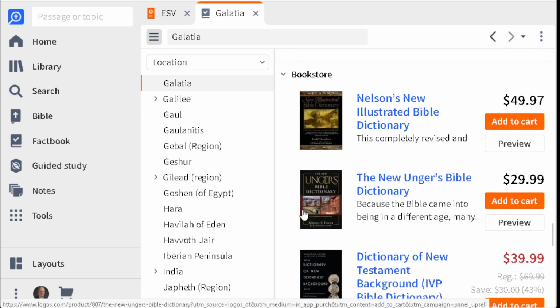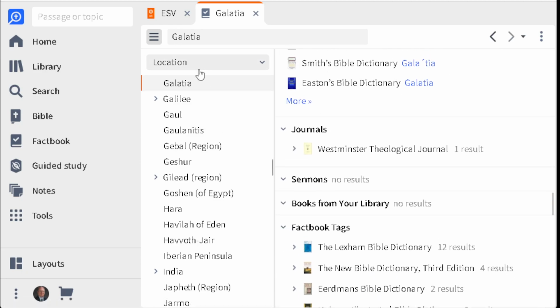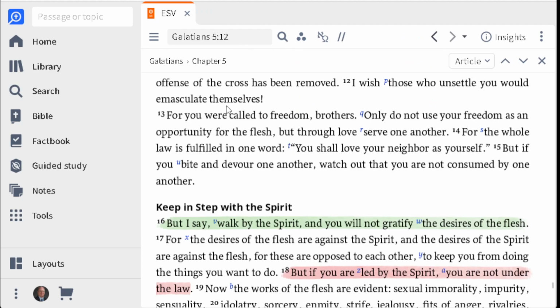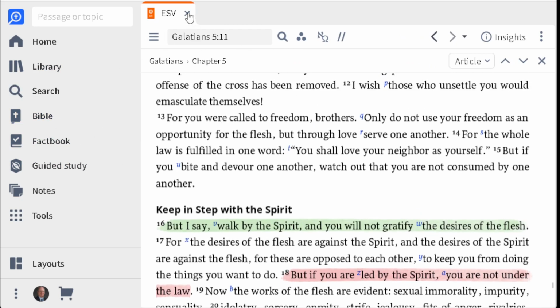So any topic in the Bible, you can look up the fact book about it. And when you're done, you can close the fact book. And now I'm back reading the Bible in that version. Now suppose I want to change the version that I'm reading. I think,